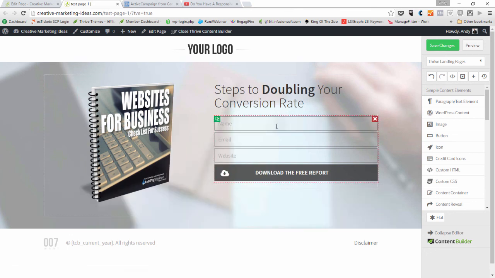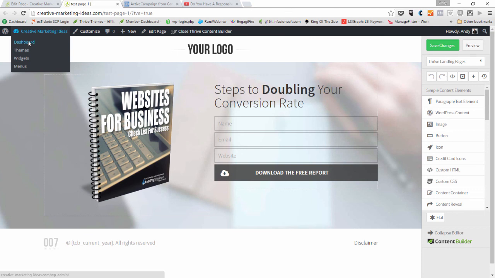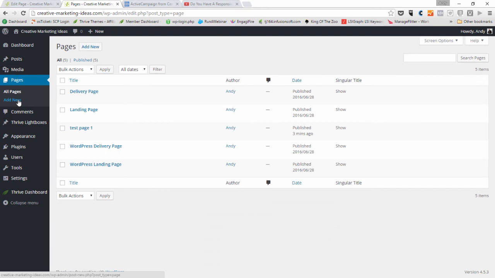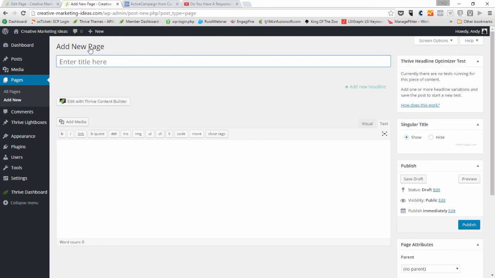And now we want to put the actual form in. But first, I'm going to quickly save the changes on this, mainly because I need to create another page. So I'm going to quickly go over to the dashboard here and go to pages. Now we need to do the test delivery page, so I'm just going to go back here, add new, and click on here and do test delivery page. Publish that,